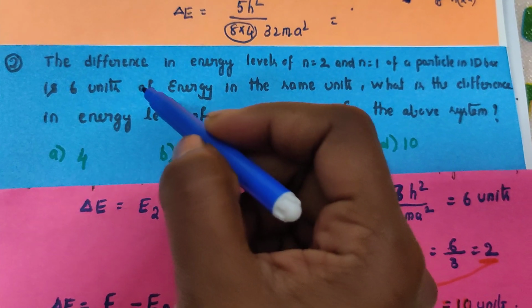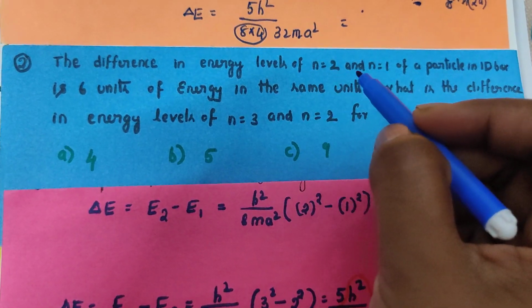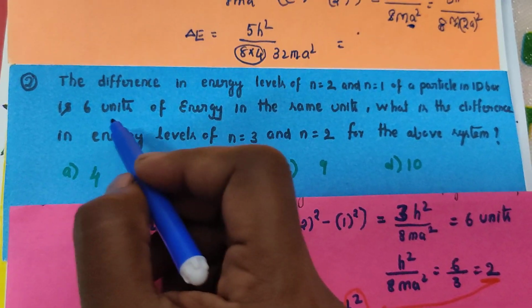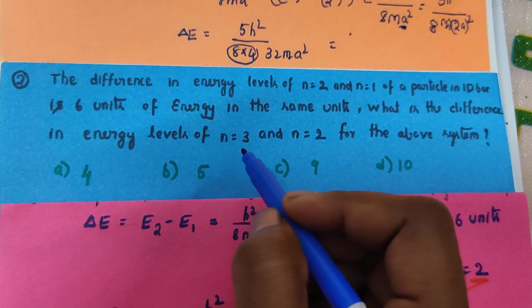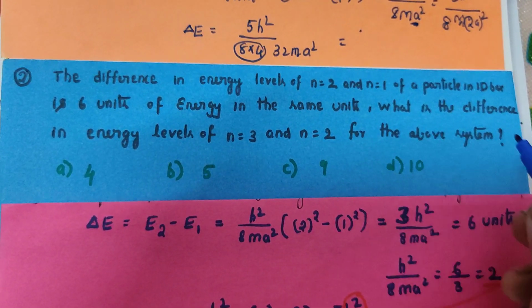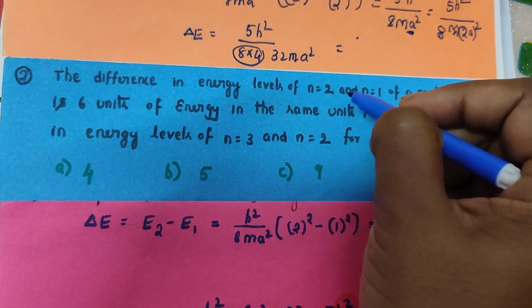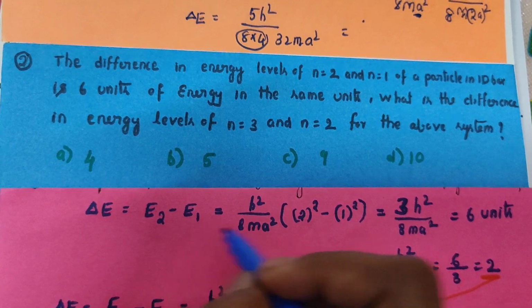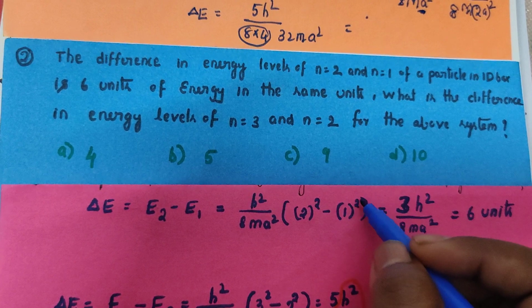Here the same question is asked in a different way. The difference in energy levels of n=2 minus n=1 of a particle in a 1D box is given as 6 units of energy. What is the difference between the energy levels of n=3 and n=2 for the above system? We know that the difference between n=2 and n=1 means E2 minus E1, so if you substitute 2 square minus 1 square,